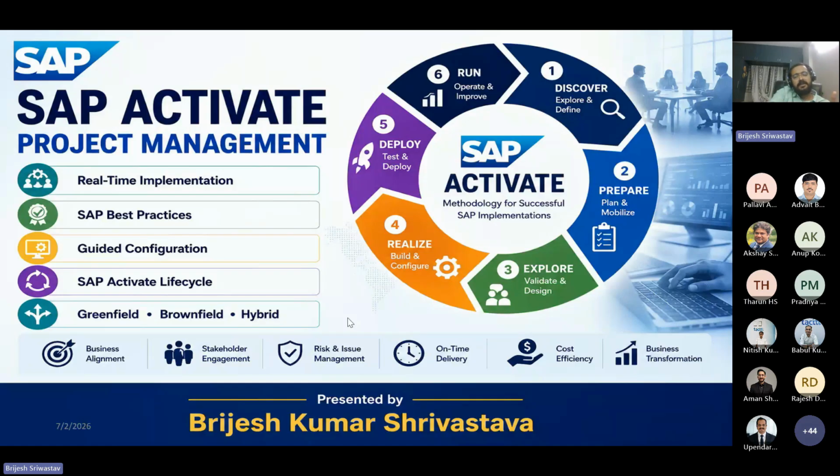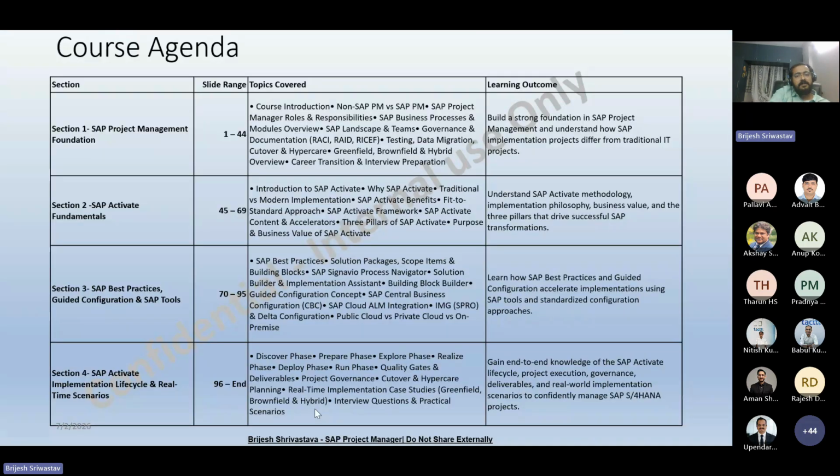And who should attend this training? One of the most common questions I received from my colleagues and so many friends also is, is this course only for SAP Project Managers? The answer is no. This training has been designed for professionals from different backgrounds also who want to understand SAP implementation projects. Like technical consultants, functional consultants, or trainees, whatever background they have, they can learn here.